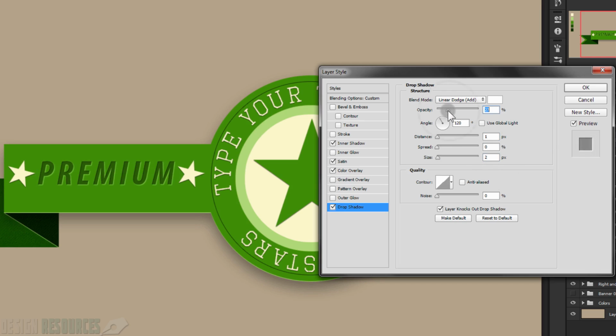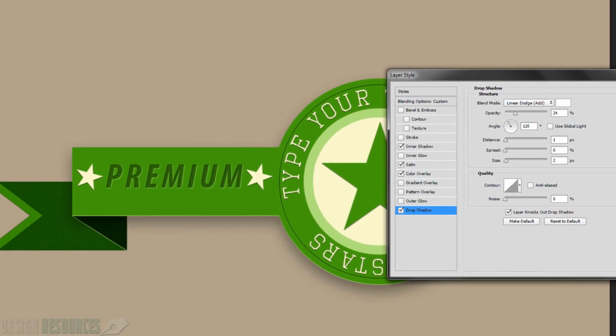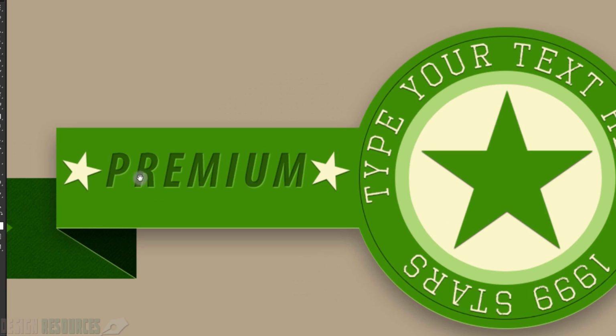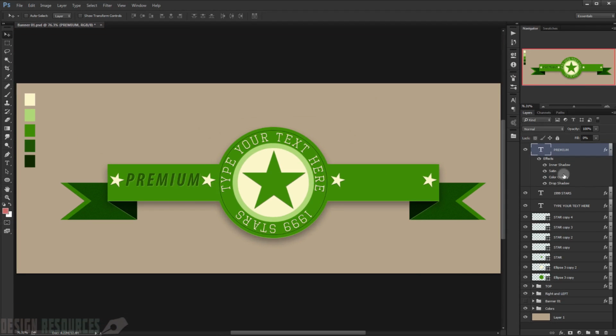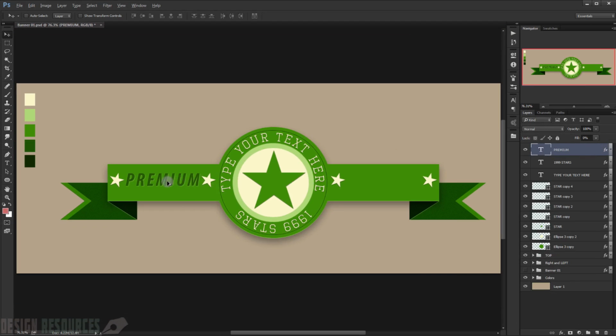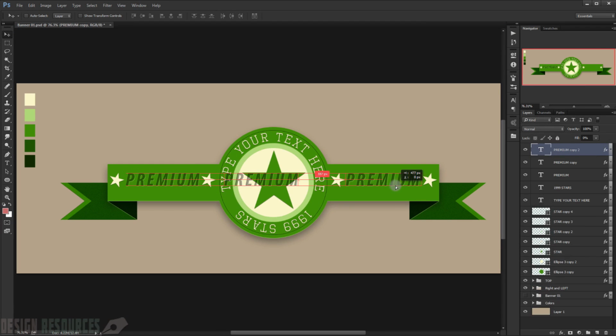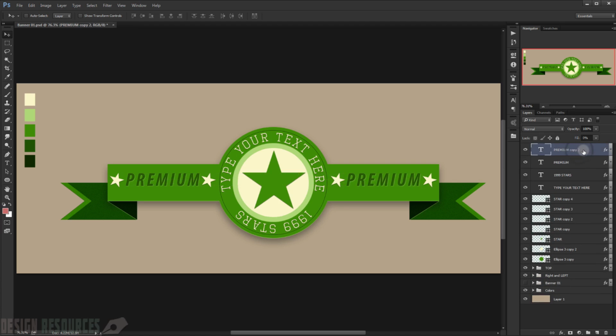Maybe I will reduce the opacity like 24, and I will press OK. And as you can see, this gives it the letterpress effect, and now I will just duplicate it by pressing Alt, and I will drag one in here, and I will just delete this one, and I will double click to it, and I will type quality,